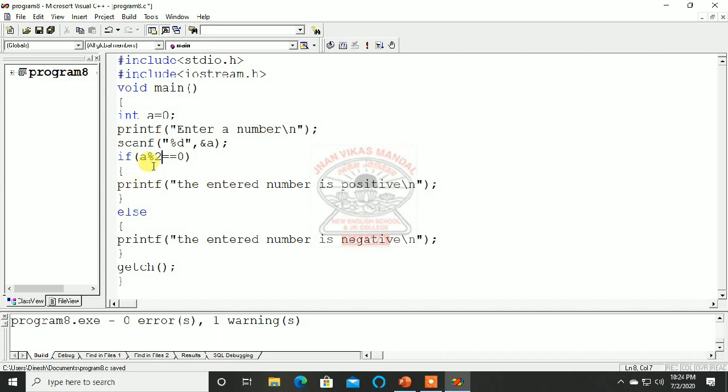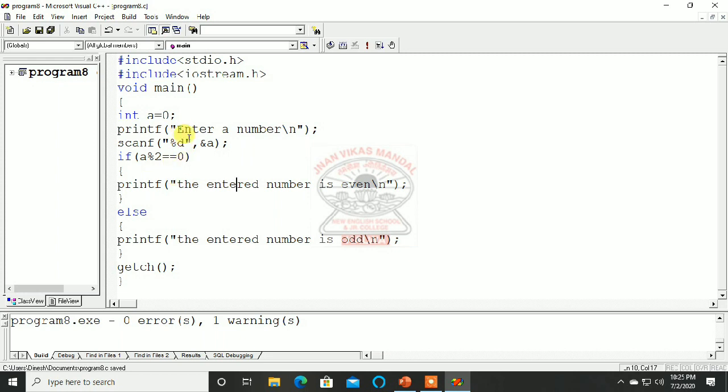And if you remember, we have done one program in the second practical, where the percentage sign is called the mod operator. If a is mod 2, here percentage means mod, meaning it will give the remainder. If the remainder is 0, then the entered number is even, else the entered number will be odd. So just this small change will make our program for odd even.